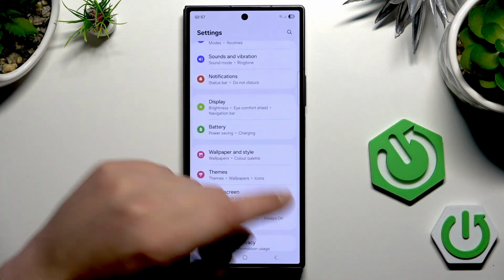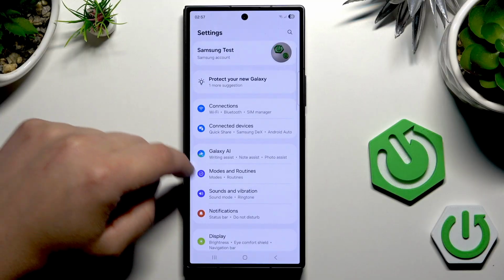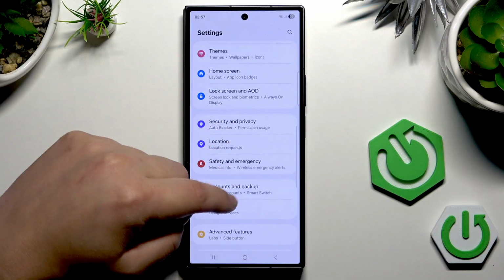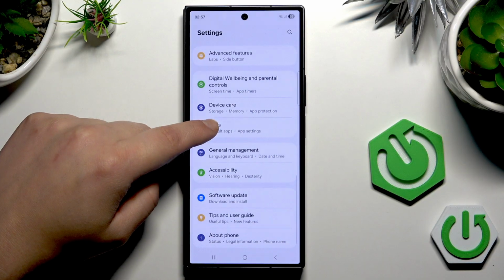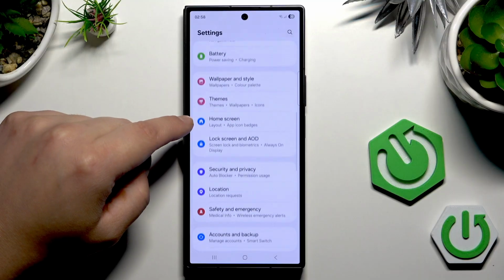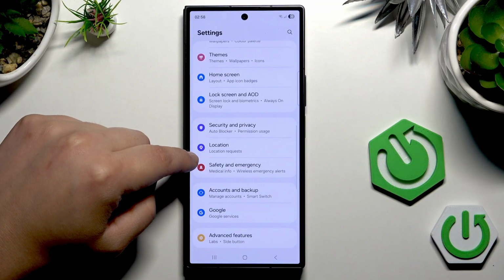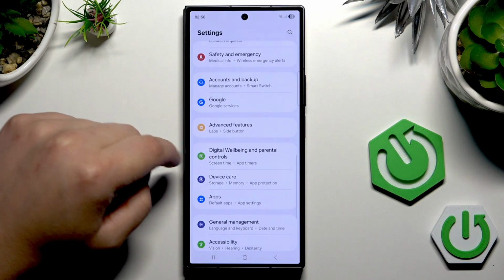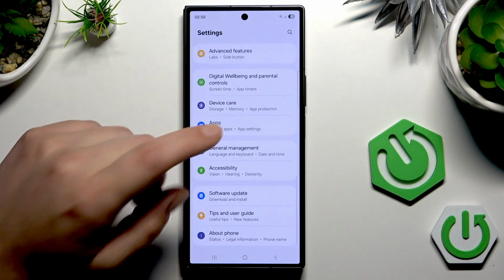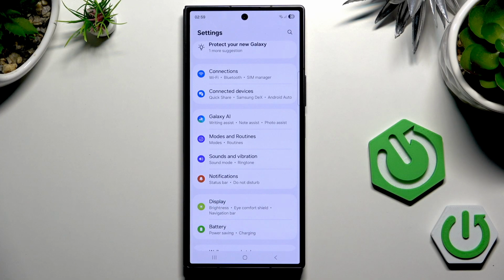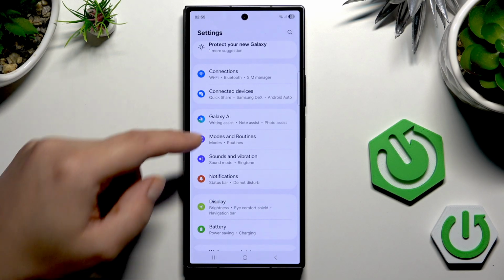So after that you should know about, of course, the settings special for your device. I'm going to find it first. I don't know why it's not here. Maybe I'm blind. It should be here. So give me a second, please. So that wasn't it. I confused the fold smartphone with the flip smartphone. Obviously it doesn't have the small screen in front of this device, but let's move on, and you should get into the